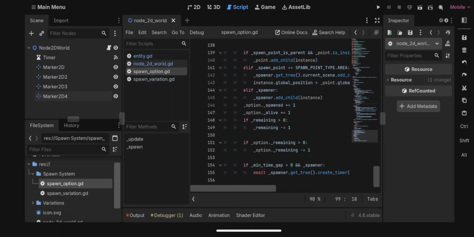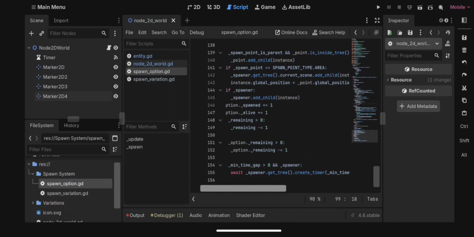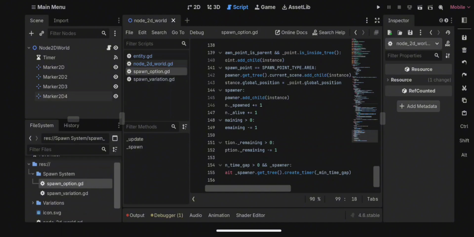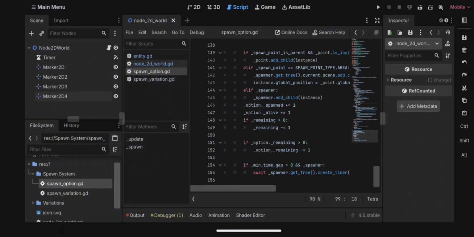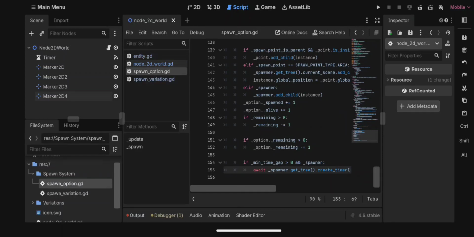If not, I check if the type is of type area. So I basically just add the instance to the scene, and then I update the global position equal to the global position that I calculated. If not, I add the variation, the instance, to the spawner. Then I increment by 1 inside of the option, and if the